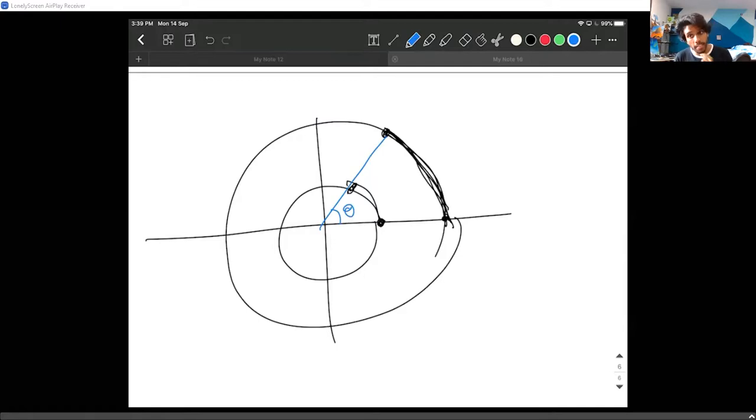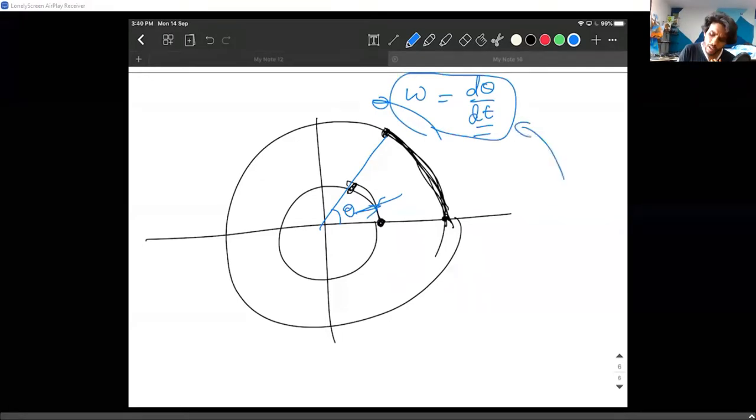So if we are dealing with angular quantities, we simply deal with theta, and the angular velocity is represented by omega. Omega is basically d theta by dt. The rate at which the angle is changing is nothing but omega, which is d theta by dt. So that is one more quantity, and obviously alpha will also be represented.